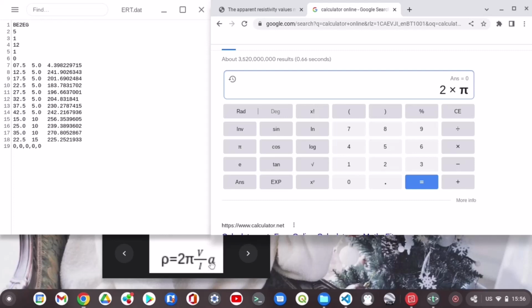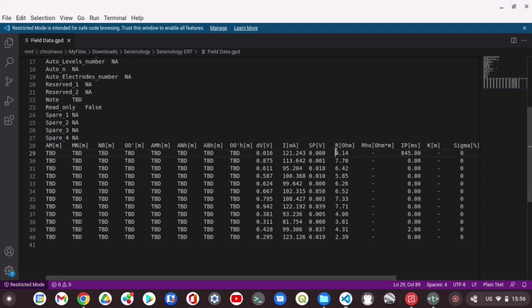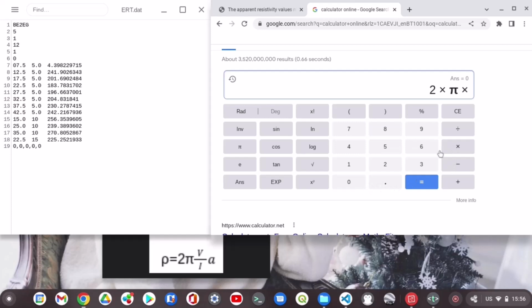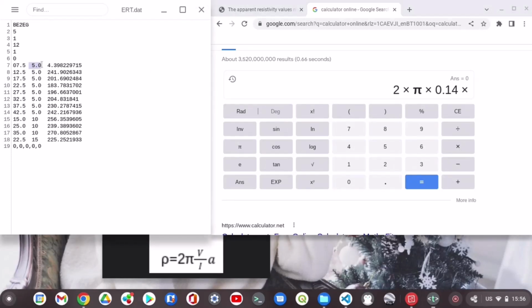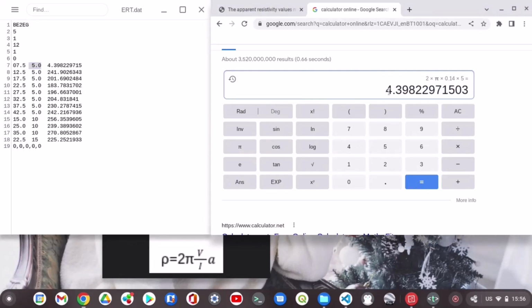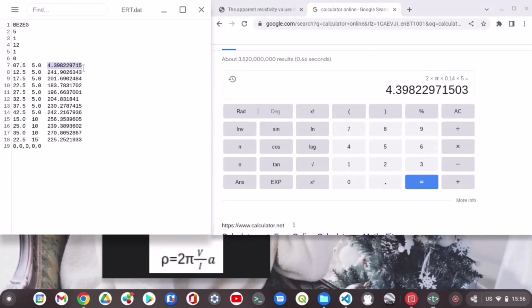And here we have V by I, which is the resistance that we get from the field, and in our case the first resistance that we have is 0.14, so we will enter here 0.14 into, and the unit spacing that we use for the first reading is 5 meters, so we will write 5, and the answer that we get is 4.398, the manually calculated apparent resistivity. So likewise we will calculate all apparent